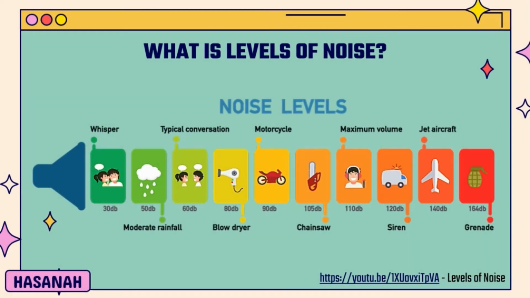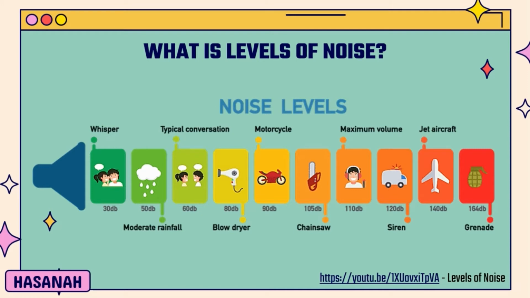What is the level of noise, or what is the level of sounds? This picture provides 10 noise levels based on decibels, starting with 30 decibels, which sounds like a whisper, 50 decibels sounds like moderate rainfall, 60 decibels just like typical conversation. After that, 80 decibels sounds like a blow dryer, and 90 decibels, which I mentioned before, sounds